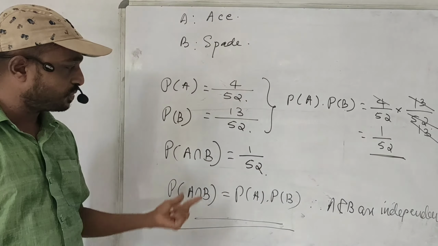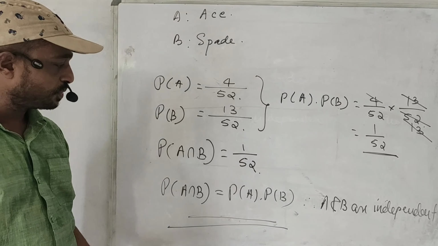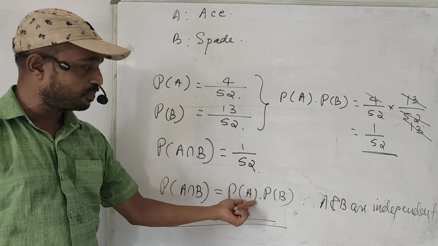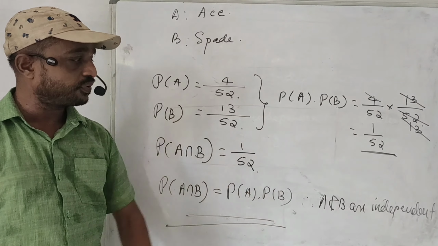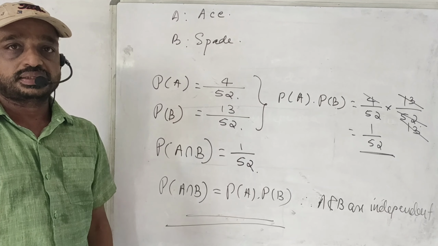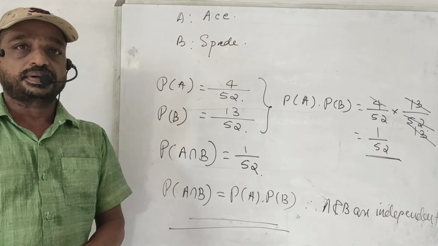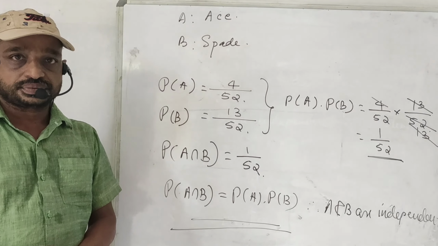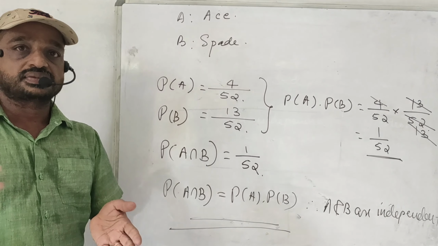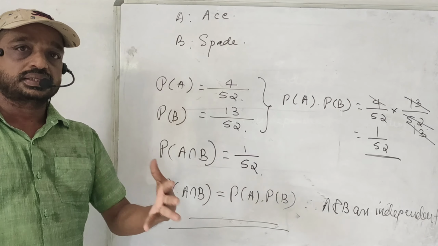P of A into P of B is also 1 by 52. Therefore P of A intersection B is equal to P of A into P of B. Therefore A and B are independent. Now I think independent events is quite clear to you. Okay, in our next video we will discuss some other topic on